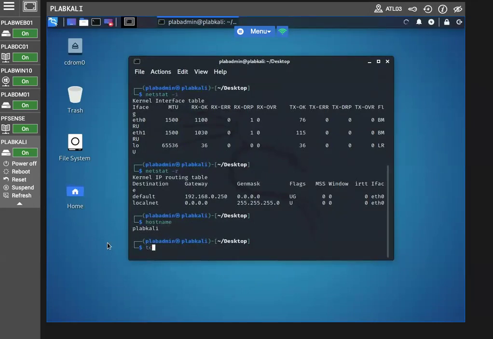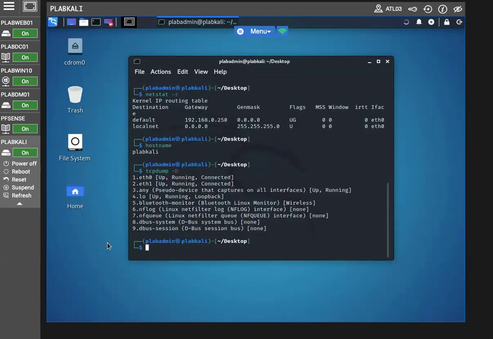And we could do some tcpdump, which I've done a video on before. All right, perfect. Now the tcpdump command is used on Linux devices to capture network traffic. Now the captured traffic can be used for troubleshooting of network issues, and executing the command with the minus uppercase D parameter displays the interfaces that can be used to capture traffic. Right, so if we do something like this here,